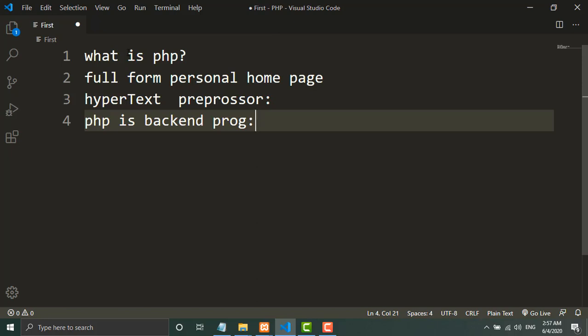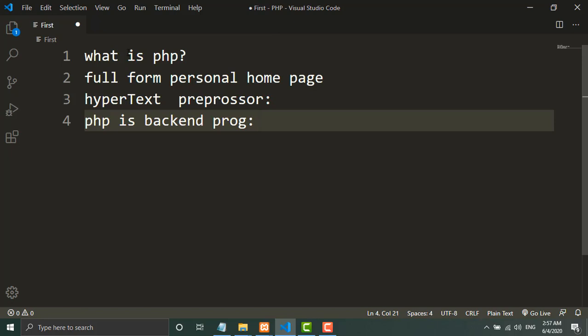Whenever he places an order, that request goes to the server, and the server will respond to your request. So this whole process is called what? Backend programming. It means the process is running in the background, which the user cannot see. So that means